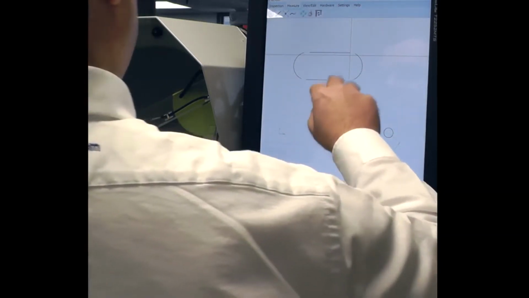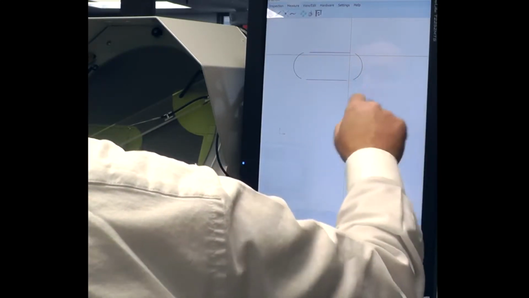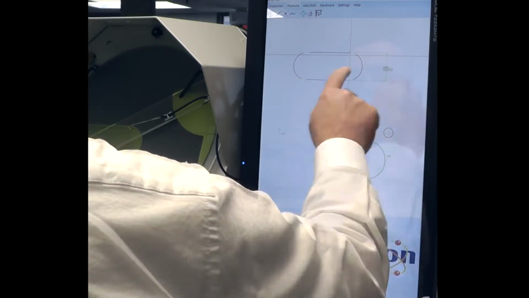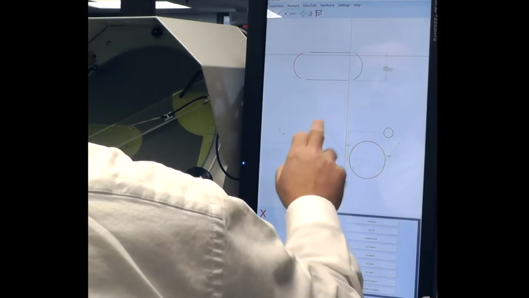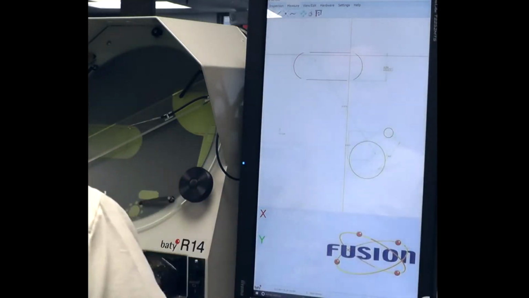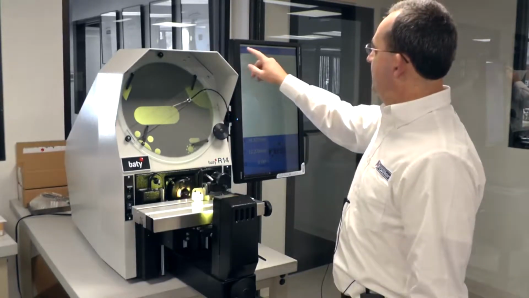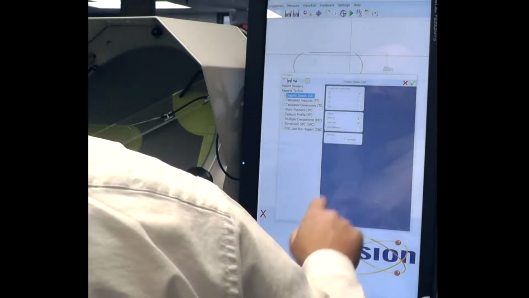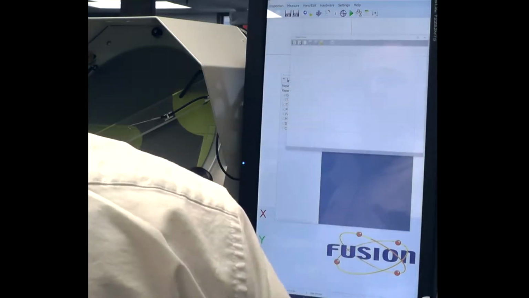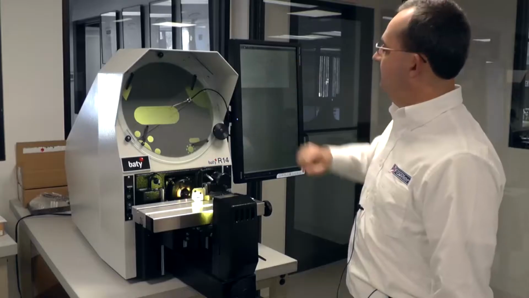We've measured our slot, and now we can construct the distance between these two lines easily with our tools. The distance between these arcs, and we can get the distance to our origin. We've done some just basic inspection here, nothing too fancy, and we can easily generate a report. I'm going to create a graphic report, and I'm going to run it. And we get a full-blown repeat report with the features that we've measured and the data that we derive from